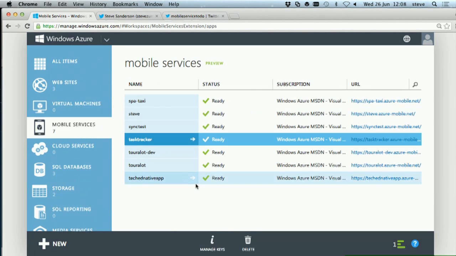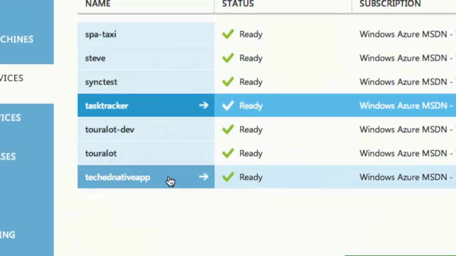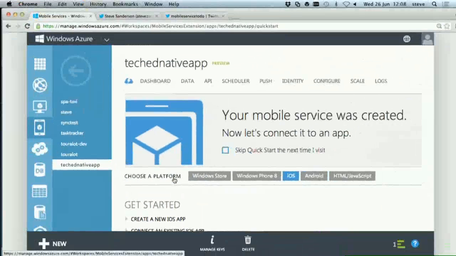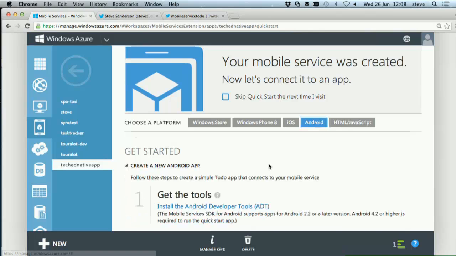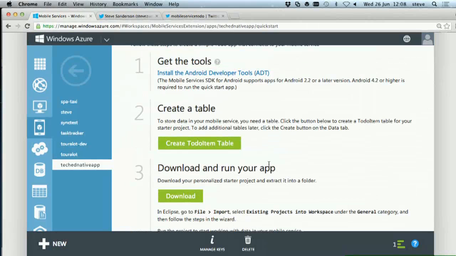But anyway, in the meantime, the app finished being created, so let's go into there and start actually doing something with it. So I want to start by building this Android application. So I'll go into the Android tab there, and you'll see we've got instructions for creating new apps or connecting existing ones. I want to create a new one. And the create new thing is a 3-step tutorial to build a to-do list application. Not because we think everybody needs to build to-do list applications, there are enough of them already, but just because it's a sort of common example that everyone can understand. And you can follow the same patterns in your own applications.